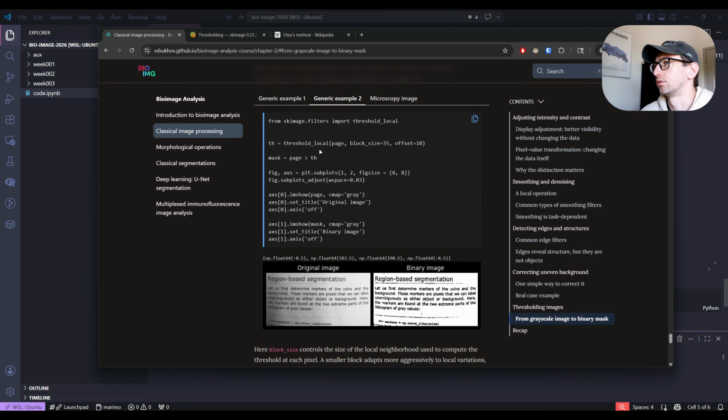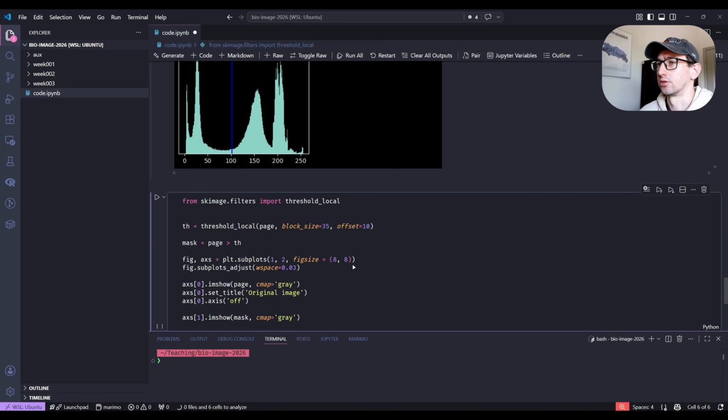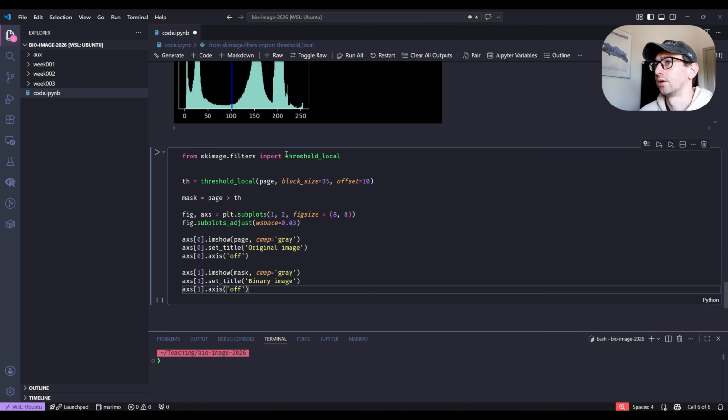But let's take a look at this approach when we use it with the page example. Page is just an example from the data module of scikit-image, and you can see that it's working nicely and identifies the text and the background. So let's just copy paste it and examine it. So yeah, basically for that you need to